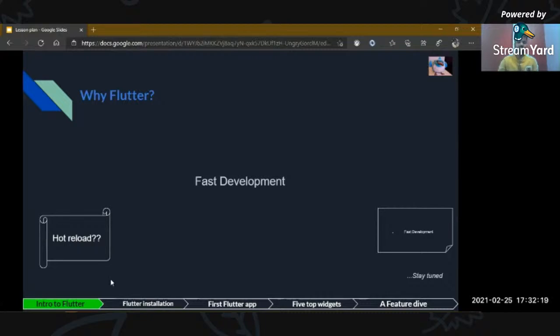If I brief more on this topic, it is faster than many other application development frameworks, like I said, because it uses a JIT compiler. You might know what JIT is. You might have heard of it in the Java JDK framework. It is a just-in-time compiler that can reload and continue executing code, usually in under a second or two.